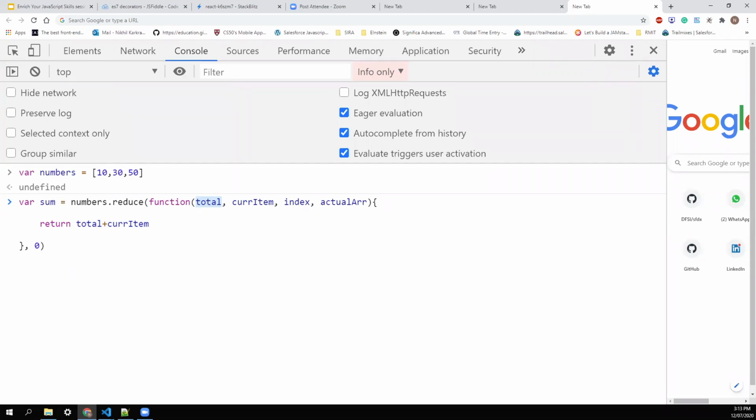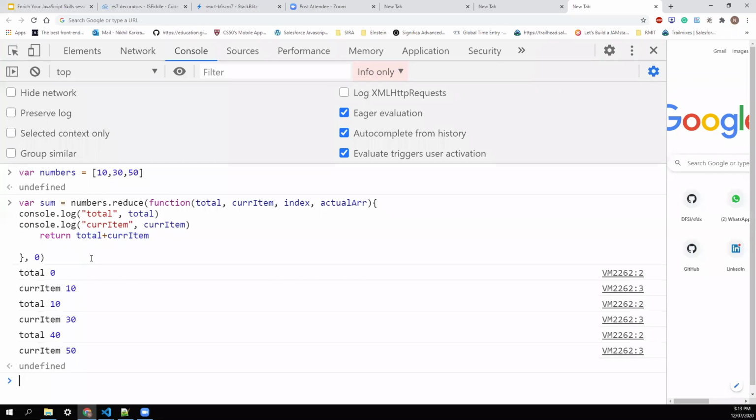For better understanding, I can put a console log for you guys, and similarly I can print the current item. Now if I hit enter, the total starts with 0, and that time the current item was 10. Next time when the loop comes, total holds the previous return value of the function and becomes 10, and the current item is 30.